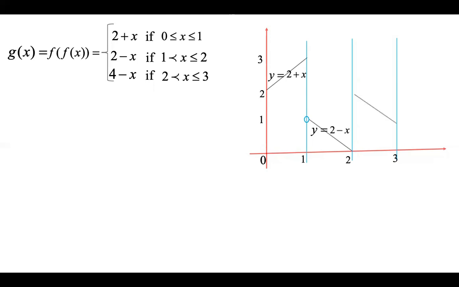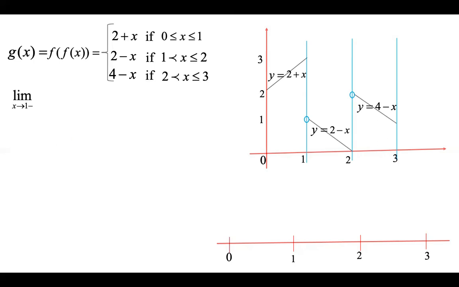And next, when x is in between 2 and 3, the piece of the function is y is equal to 4 minus x. At 2, again, it goes with 2 minus x, not 4 minus x. So this is the way the function is given. So in our style of calculation, we have taken the line with points 0, 1, 2, 3, 4. Now we are checking the continuity.